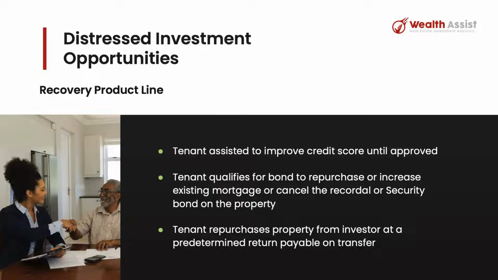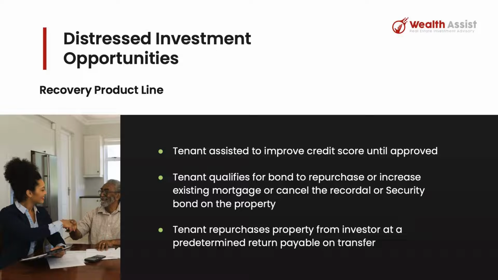So you'll receive a monthly rental, and we'll talk about what that rental includes and how it's determined. Then, with the distressed investment opportunities, the tenant will be assisted during this time, because currently he's in distress. We have what we call the Financial Courage company, one of our subsidiaries. They take that client from that position, run him through the process, and make sure that he keeps to his contract and that his credit score is improved during this term, so that at least 3 months prior to that date he is ready to either apply for a mortgage or provide guarantees in some way, which we've already determined up front, so that transfer can be taken back